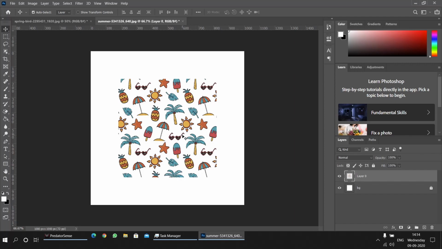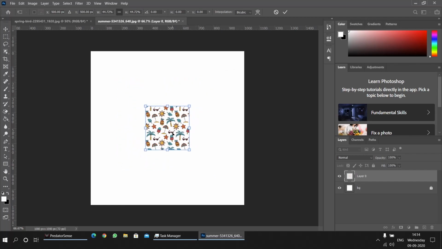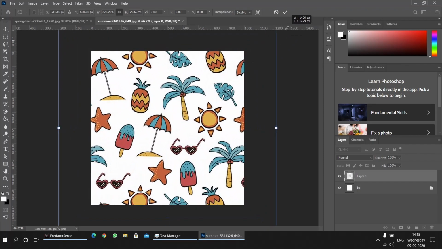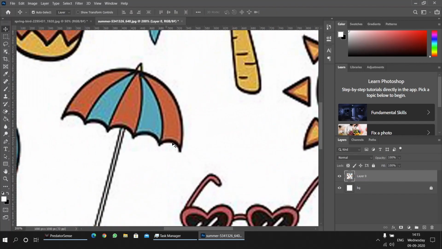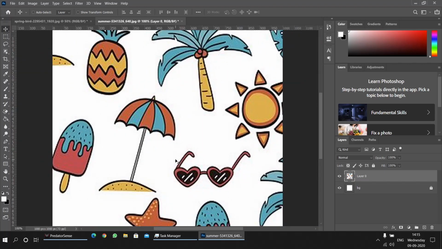For example, if we transform it and scale it down, it still retains some of the clarity. This means that Photoshop is deleting the extra pixels. So if we go too much down, then the image will be blurred. Same is the case if we scale it up. If we scale it too much, then you can see the blurring around the edges, or as it is commonly known, the image is pixelated. So when in Photoshop, always try to work with highest possible image quality.